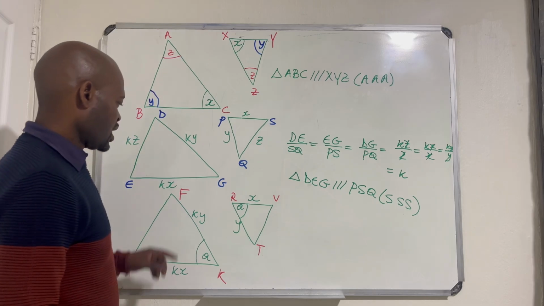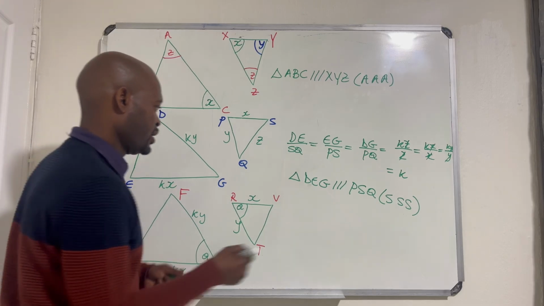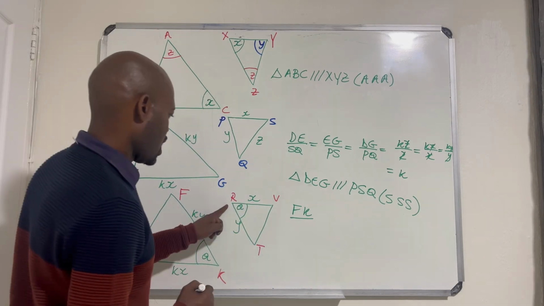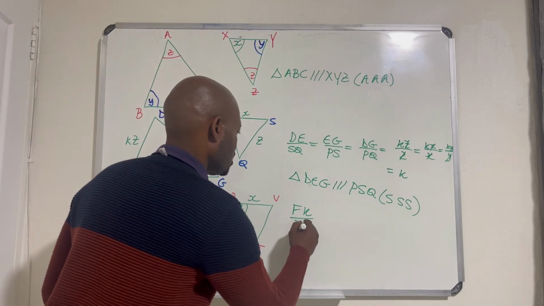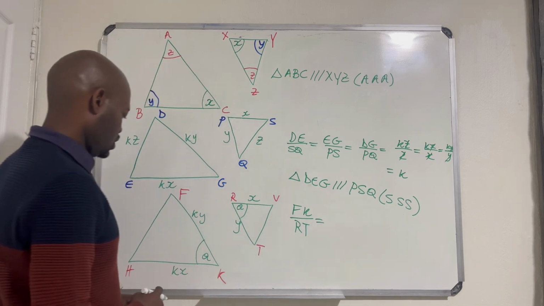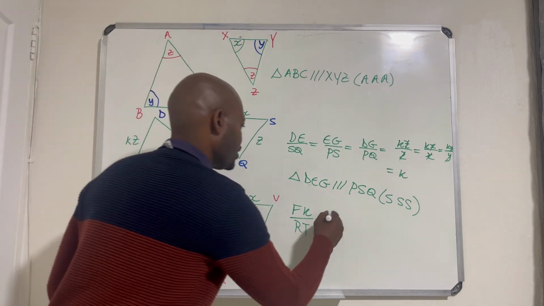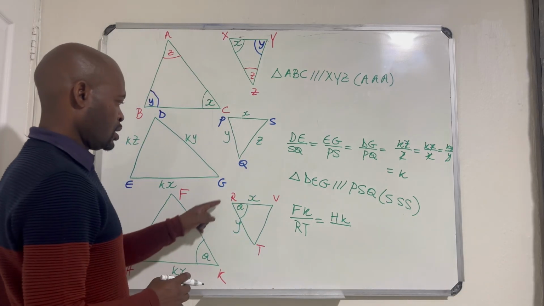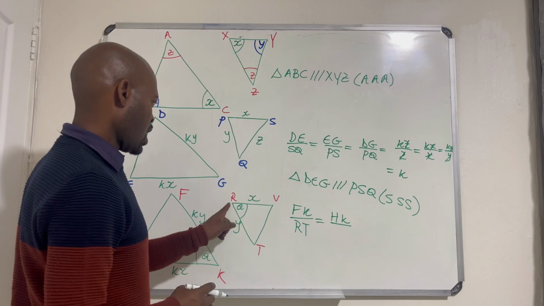This means that if FK over RT is equal to HK over RV,